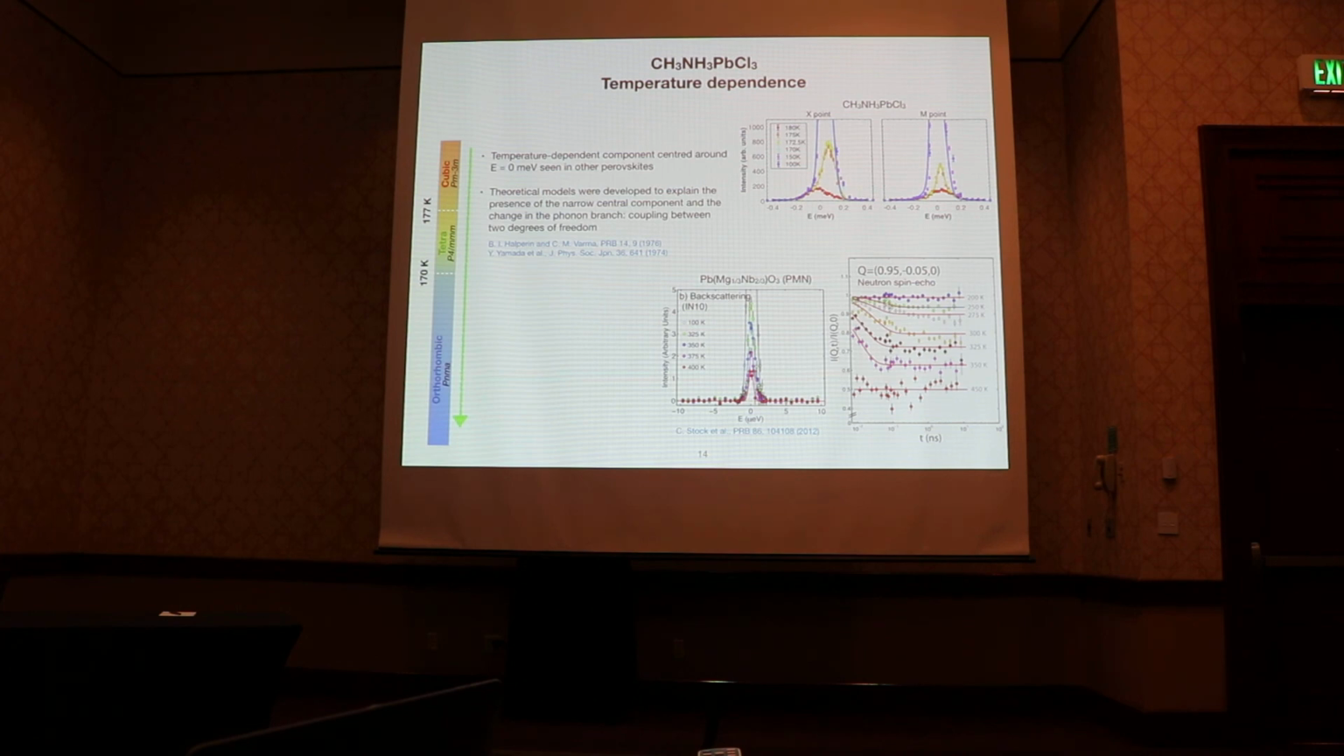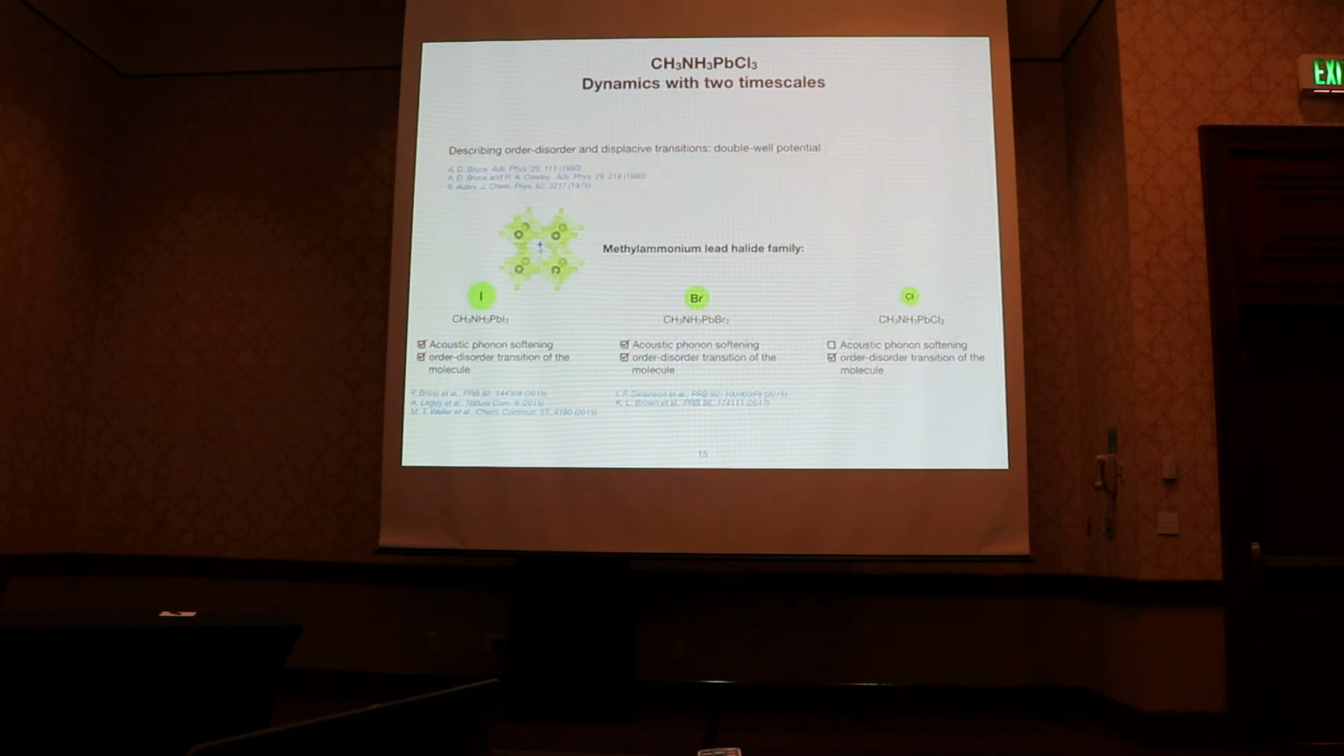So in order to check if we have actually a critical dynamic scattering in our system, further measurements with high resolution will be needed. So what's interesting in these systems is both the presence of an order-disorder transition,